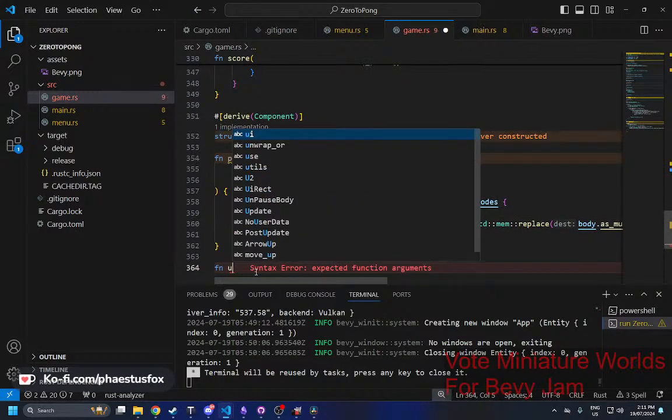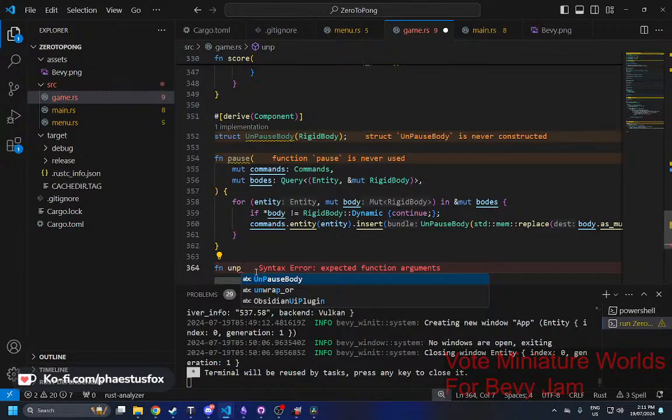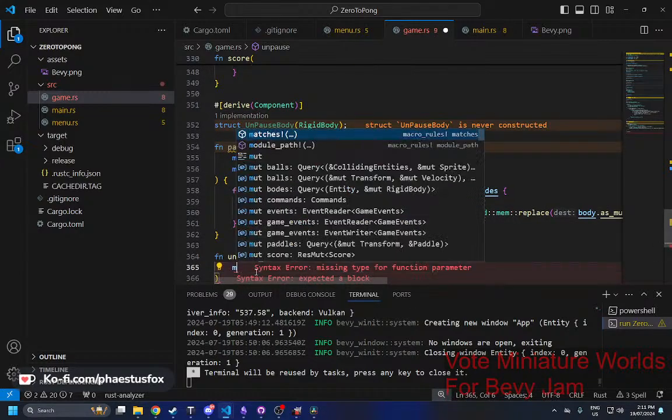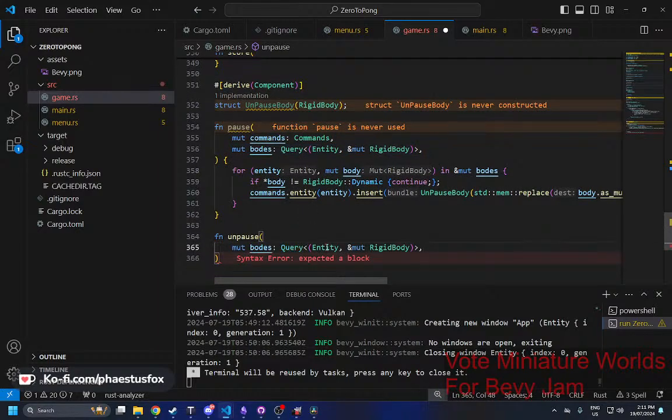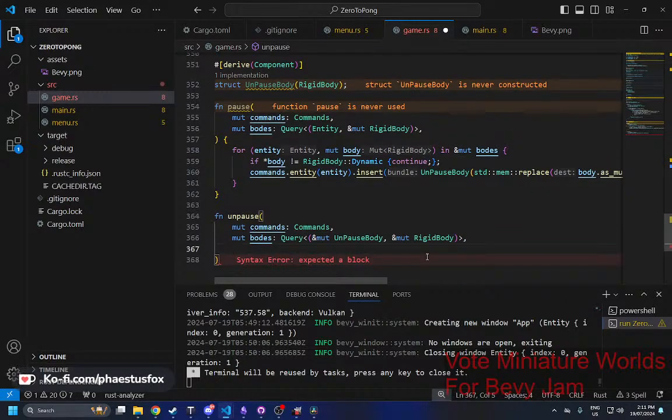And then we're going to have fn unpause, and unpause is going to do the same thing, but we're going to iterate through this, and instead of doing this, we're going to say new UnpauseBody. We still need entity and we still need commands because we need to get rid of the old UnpauseBody. Well, technically we don't, because in theory you should never be able to pause and then unpause. But this is how you introduce bugs later down the road, is somehow re-pausing twice or unpausing twice. So we need to say